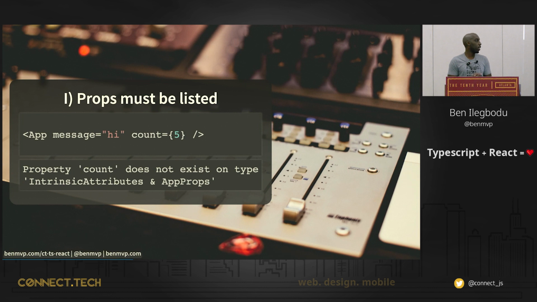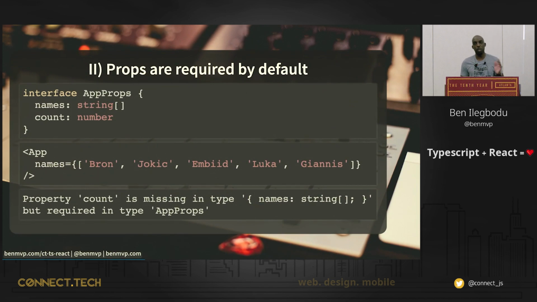So I'm going to be honest, right? This error message, "Property 'count' does not exist on type 'IntrinsicAttributes & AppProps'", that's not exactly the most helpful message, right? It's pretty cryptic, even your first, second, third time seeing it. But as you encounter it more, you know how to basically parse it. It's just saying count is not available on the props there. So that's just something to be aware of as you start out. Okay, so that was one. Let's look at number two.